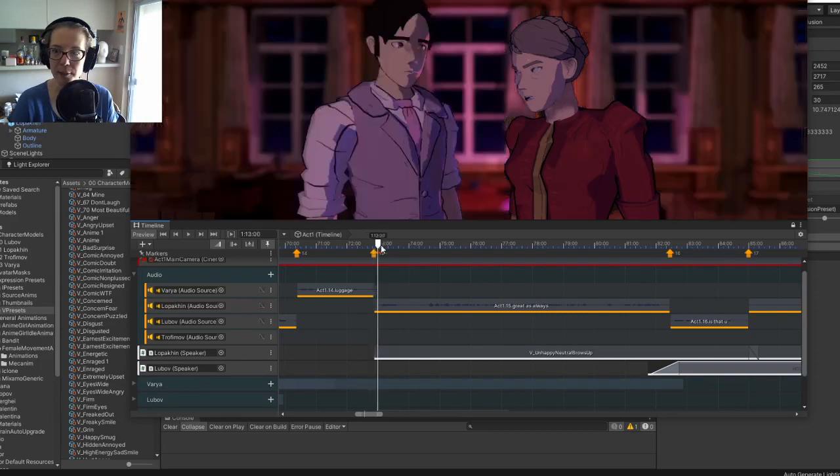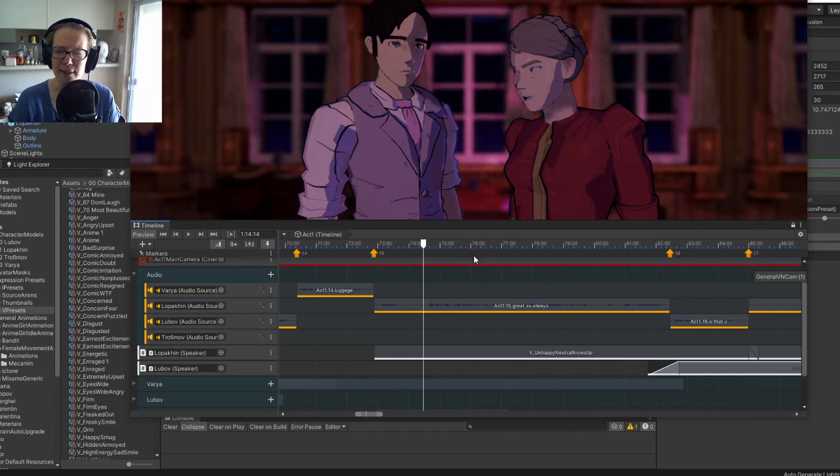Notably, their lip flap is, again, not an automatic thing. That's another system of mine, but very handy for previewing because I took like a week to get that to work in edit mode, because a lot of these things are meant to be done at runtime. But if you try to do the expression presets without previewing them alongside the lip flap, you can often find at runtime that they don't actually look good together because the mouth flapping distorts the face too much, especially